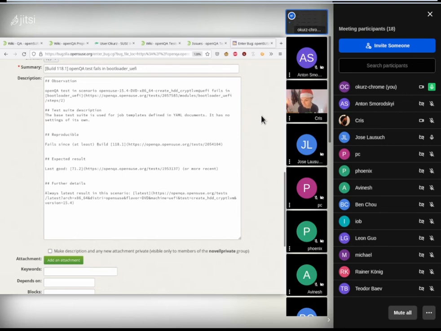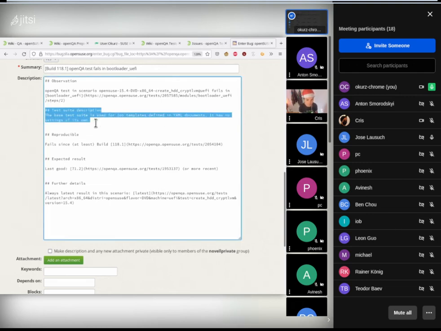Because we mentioned these templates, we added this block test suite description, which is extracted from the test suite. Unfortunately, I also see that often people keep the default, which then doesn't make sense. For example,